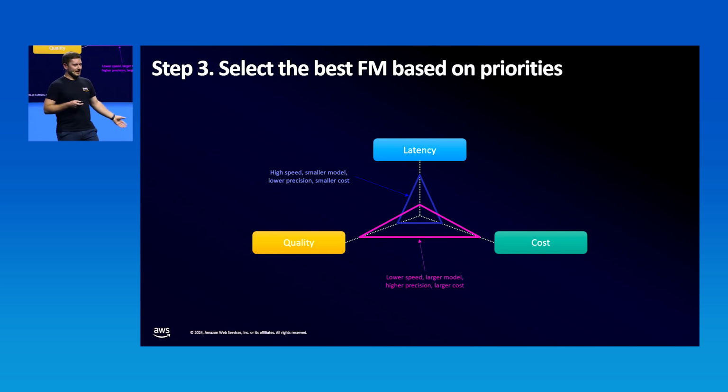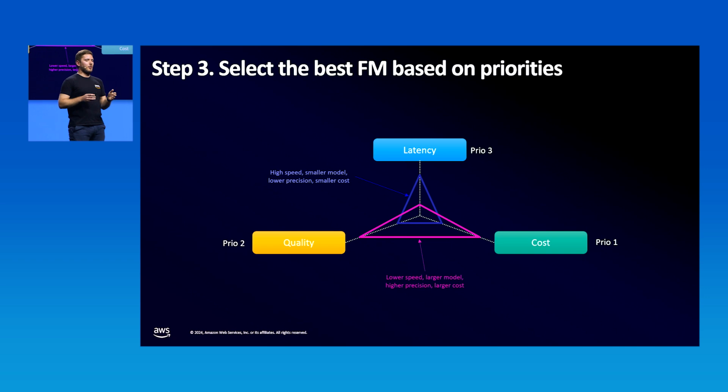And again, I'll take the example of the research paper summarization. So, as I said before, ideally when we started the use case, we thought about which criteria are the most important to us. So in this case, let's say the university is a bit tight on budget, so cost is an important criterion, so it's prio 1. We have quality, which is the second highest prio, and then we have the latency, which is not so important to us, so we accept that users might have to wait a bit longer